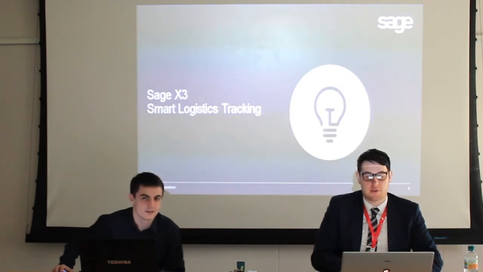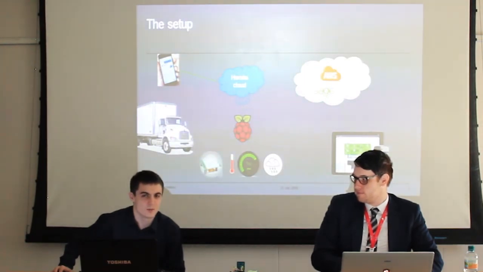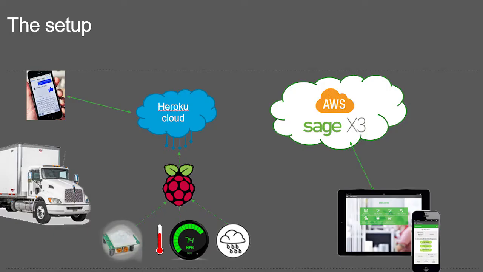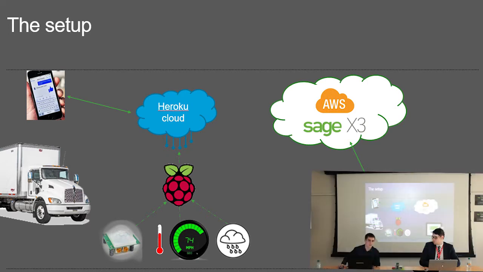We've been working on an IoT solution which provides smart order processing and logistics tracking. At the heart of the solution is Sage X3 in the AWS cloud. We're going to be getting sensor data from a driver's smartphone and an Internet of Things device. We will then send this data up to the X3 cloud instance at an interval defined by the company or